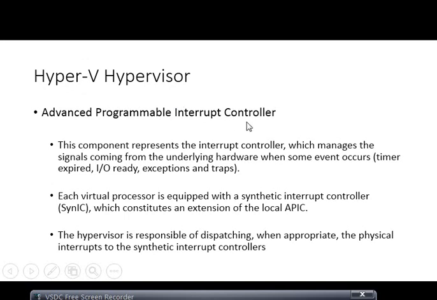Advanced Programmable Interrupt Controller. So what does this do? This component represents the interrupt controller which manages the signals coming from the underlying hardware when some event occurs. So every time there is a hardware event, especially when there is a trap. So when will the trap happen? The trap will happen when a guest operating system tries to execute a privileged instruction which it is not allowed